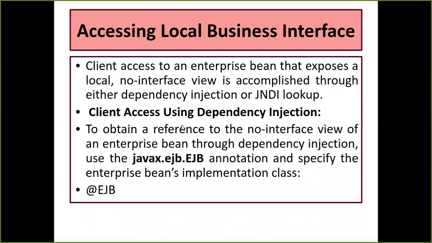Now, how are you going to access the local business interface, or the local or home interface? Basically, you have two options that we have already learned. That's why I told you that I need to explain annotations and dependency injection, so that you will understand it more in the further slides. This slide says how you're going to access the local interface. The client needs to access your enterprise Java bean. You can make use of the no-interface view. You can also make use of dependency injection.